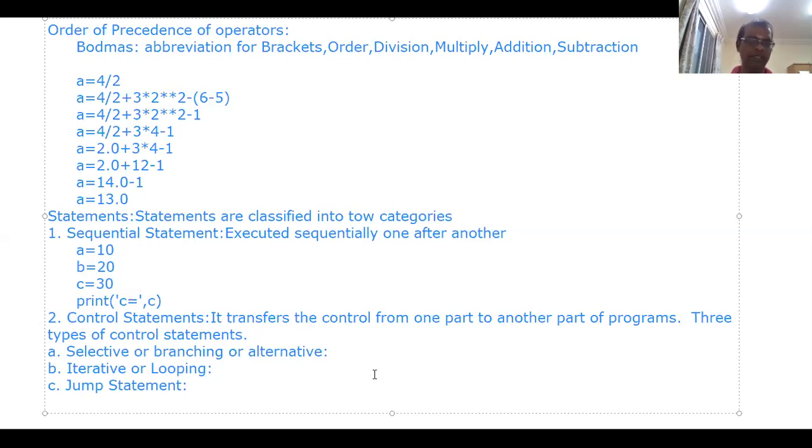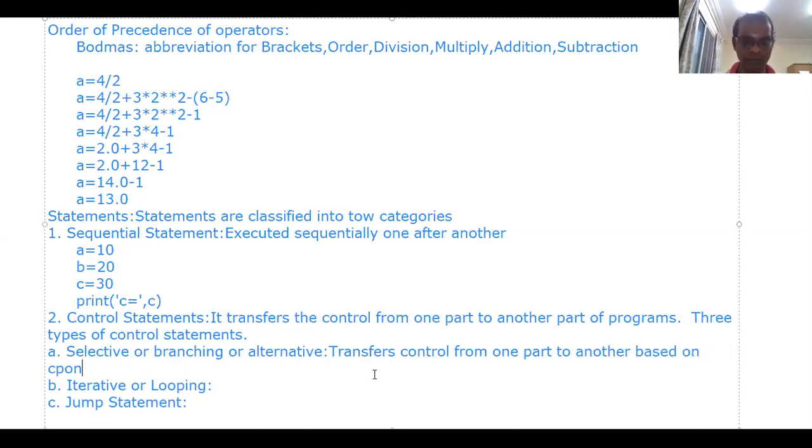First we will see selective or branching or alternative statements. They transfer the control from one part to another part based on one condition.